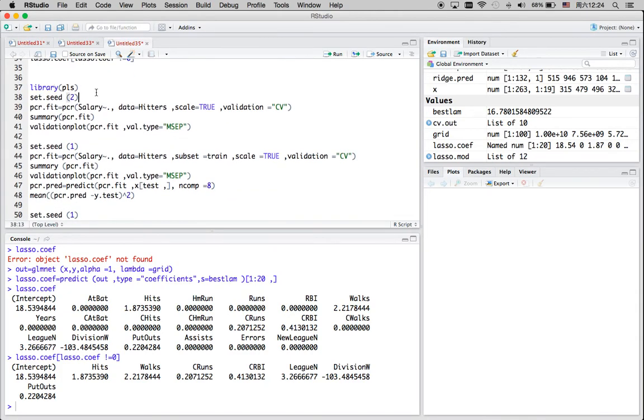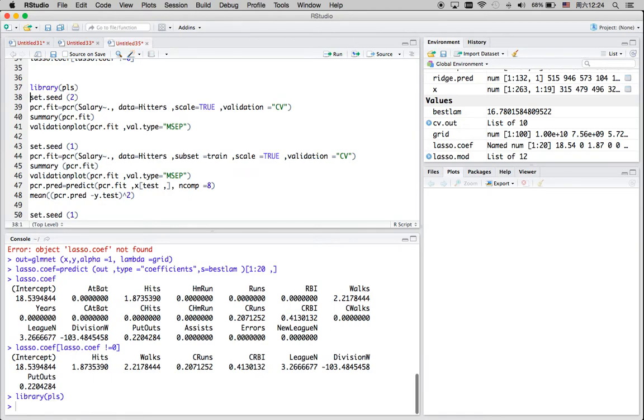Okay, so now moving to principal component regression. We're using the library pls. For a very long time, this has been one of my favorite algorithms. But it really depends on the situation and the data. So apply